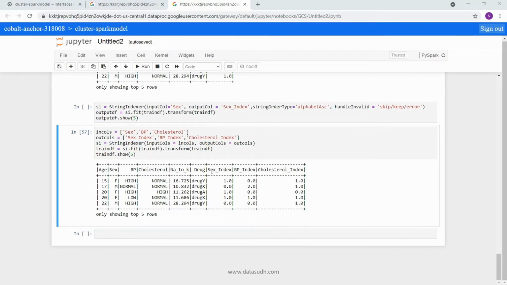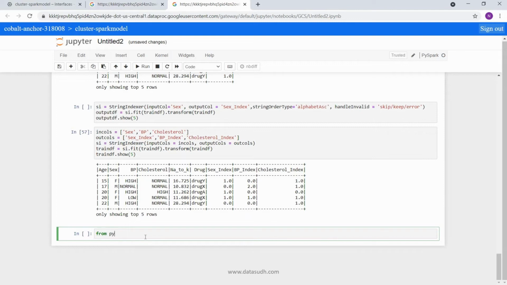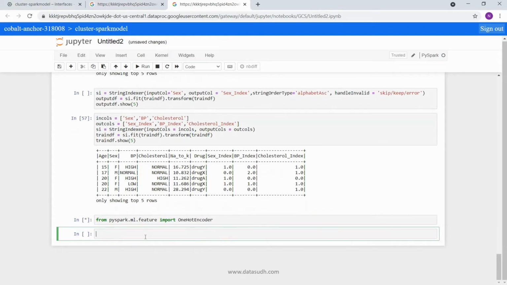Now we are going to convert these index values into one hot encoded values. To do that, first we will import the one hot encoder method: from pyspark.ml.feature import OneHotEncoder. It's imported. Before we convert all these columns and populate the final data set, let's first try to understand what this library is going to do.